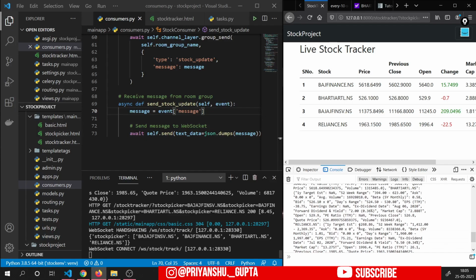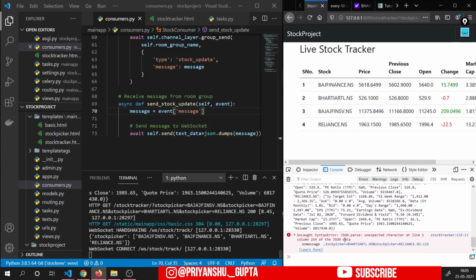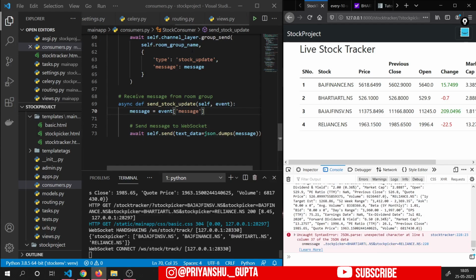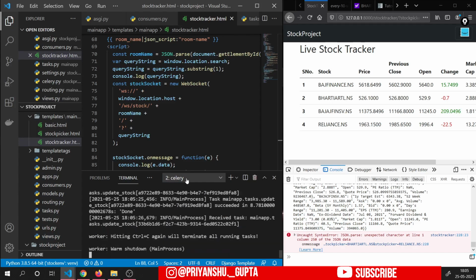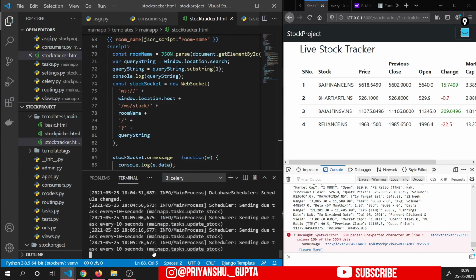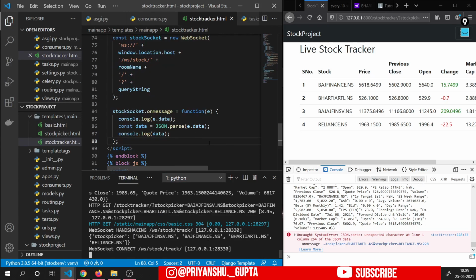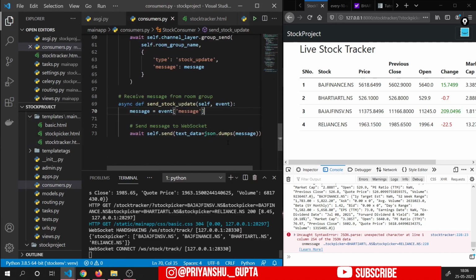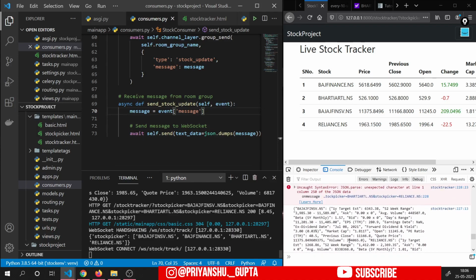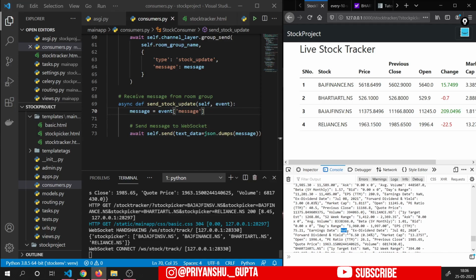But now we will have to use some JavaScript to place that data in correct format inside this table. And here we are also getting one json.parse error. Let's see what it is. Let's stop that Celery worker here, because it will keep on calling that third-party API. json.parse e.data, so basically we are getting error here. And yes, the problem is this, that is nan.